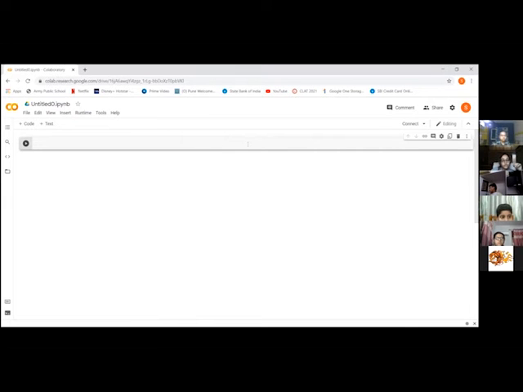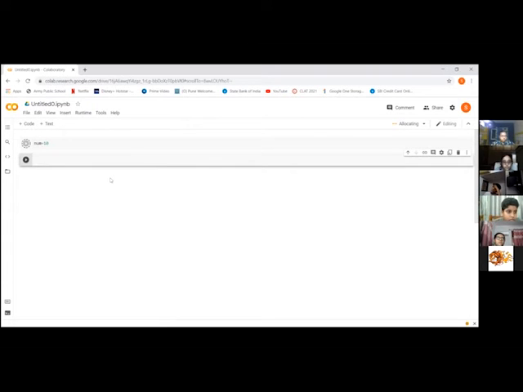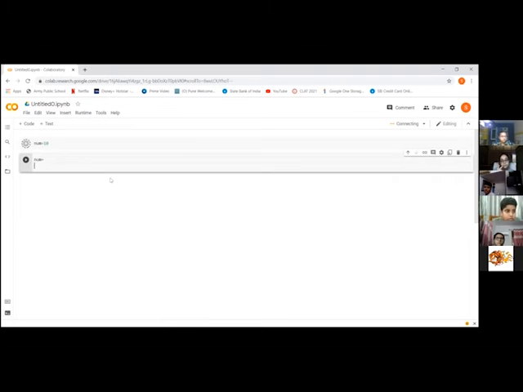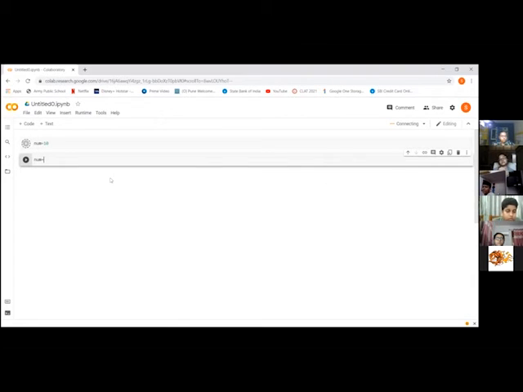You can click on code to get a code cell, or you can directly press shift enter. Click on num. Write num equal to 10. Now shift enter. Your notebook is getting connected. See, allocating, connecting, now finally connected. These dotted lines mean it's running.